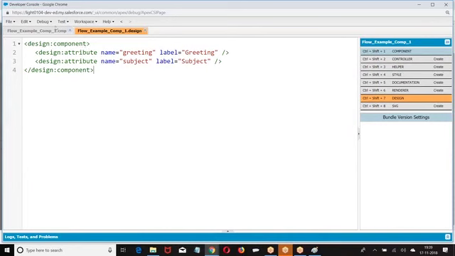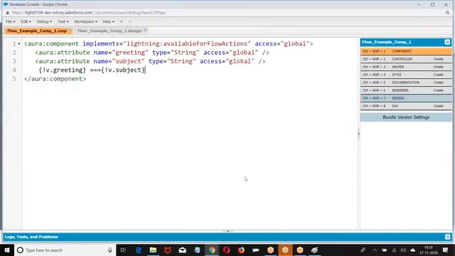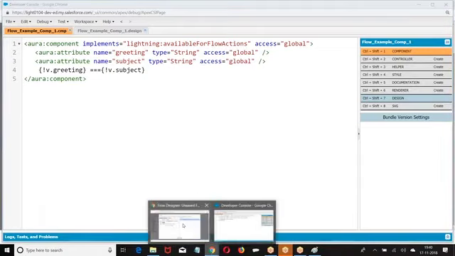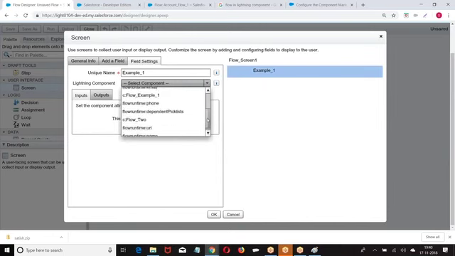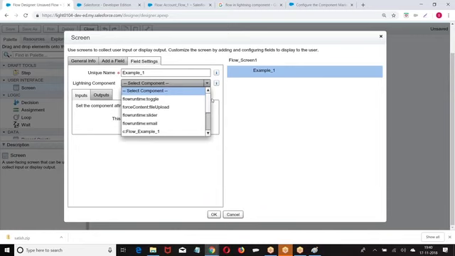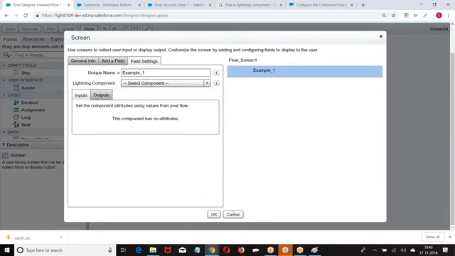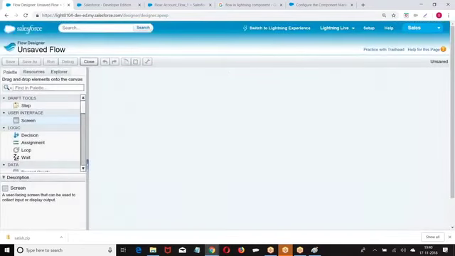Flow example component. Where was our component? It is not visible here. Let me refresh. Did I save it or not?